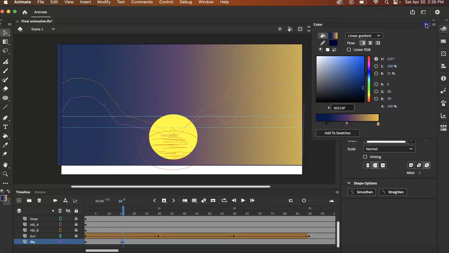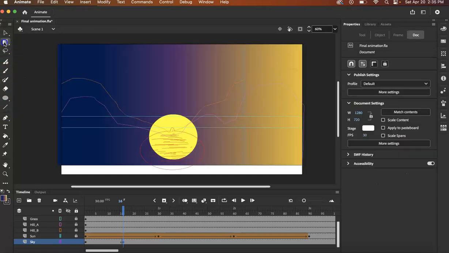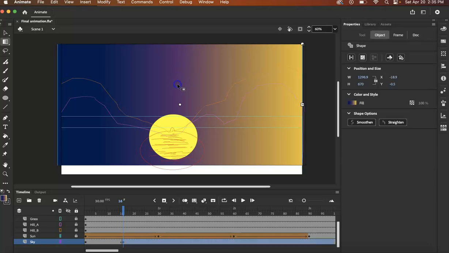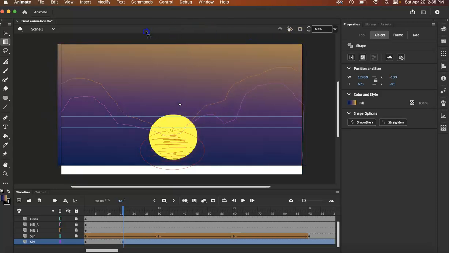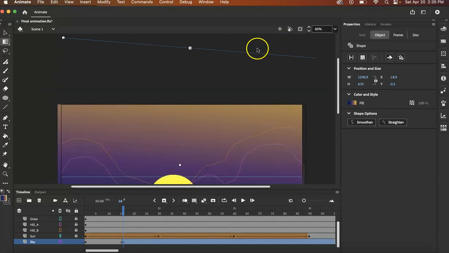So let's go ahead and do that, and add it to our swatches, and let's go ahead and do the gradient tool again, and we're gonna flip our gradient. So let's do the blue at the bottom and the purple there, and let's make sure it's not all silly. Let's go ahead and make sure it's straight,